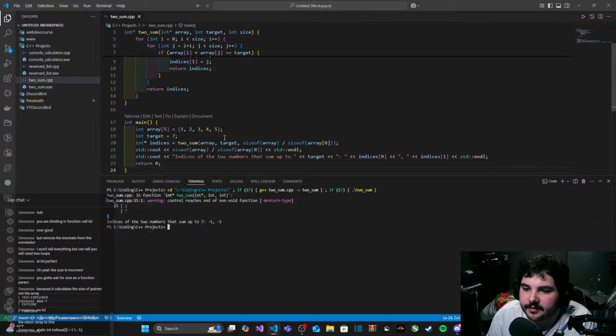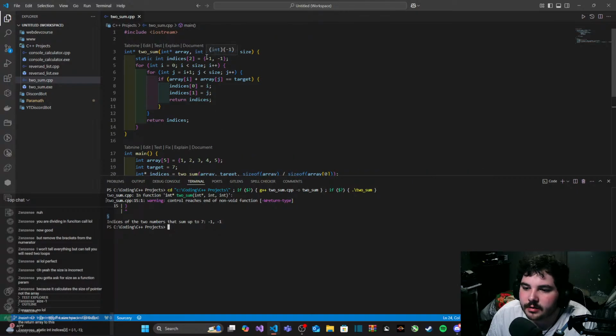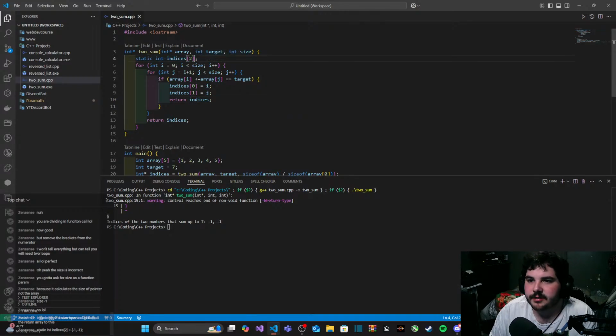Yeah, I get 5. Oh, you know what? That's kind of funny, because it looks like that's not even assigning these values then. Because by default, if I don't define anything here, then it assumes that it's just going to be 0, 0, right? Because if I remove this, then by default indices will have 0 and 0 in it.